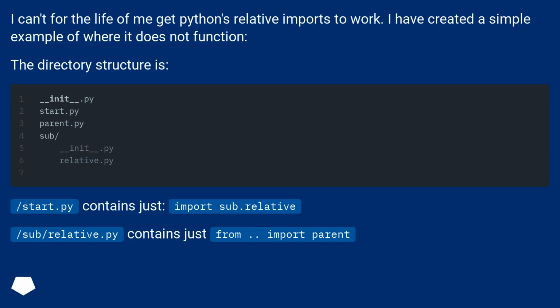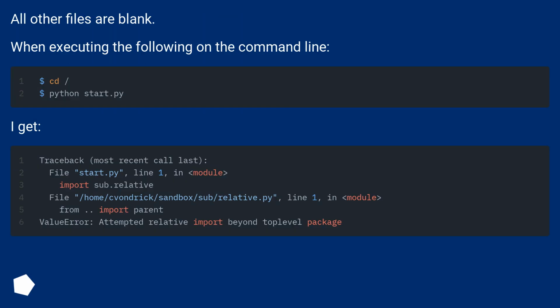The directory structure is: /start.py contains just import sub.relative. /sub/relative.py contains just from . import parent. All other files are blank. When executing the following on the command line, I get: